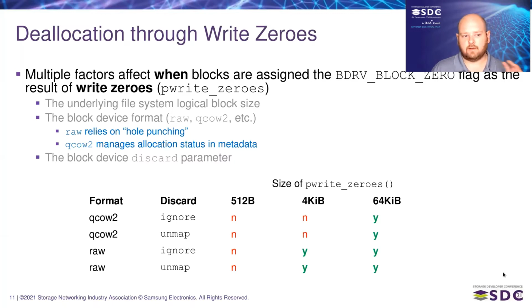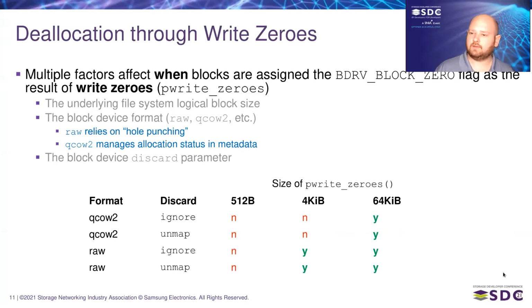And the point here is that raw relies on actual file system hole punching, and QCOW relies on simply tracking the allocation status of blocks in internal metadata. And there's also the device discard parameter, but that doesn't matter for write zeros. So you can see this table here, because assuming a file system block size of 4 kilobytes, we